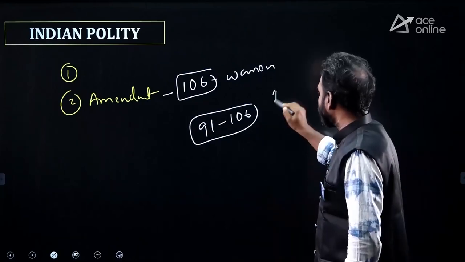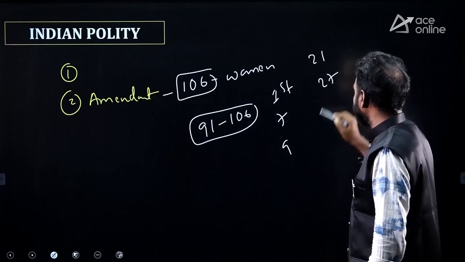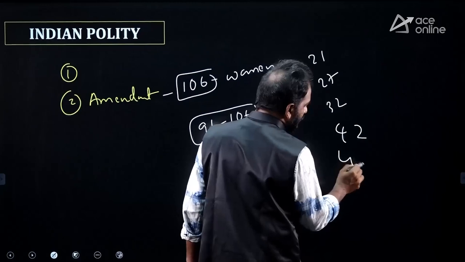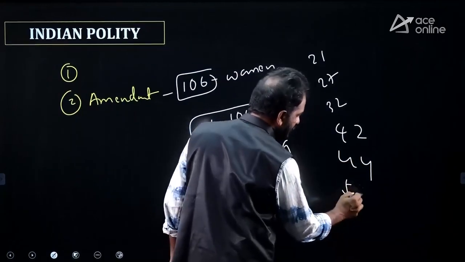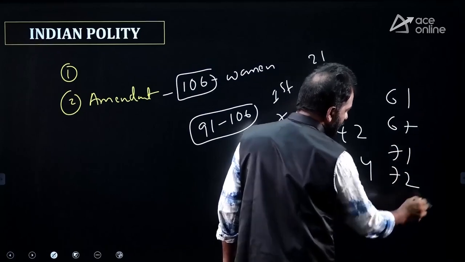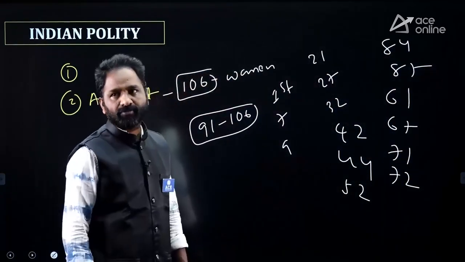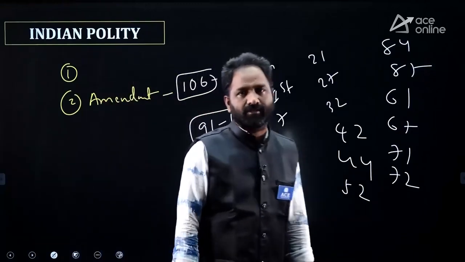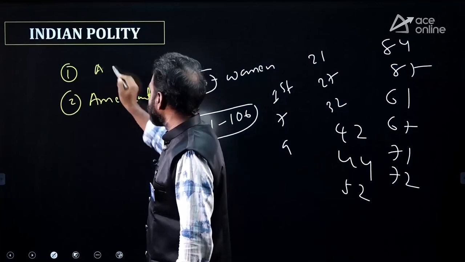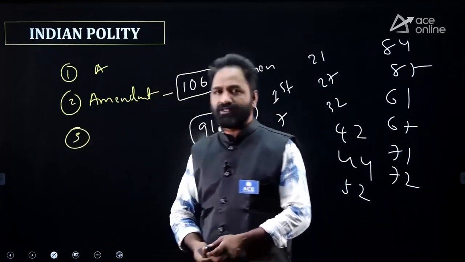And also you have to focus on the 1st Amendment, 7th Amendment, 9th Amendment, 21st Amendment, 27th Amendment, and also the 32nd Amendment, 42nd Amendment, 44th Amendment, 52nd, 61st, 67th, 71, 72, and also 84, 87. So these are all important amendments. In any examination, they are asking these kinds of questions. Is it clear? Okay. So first focus on articles, second focus on amendments, third focus on some important personalities